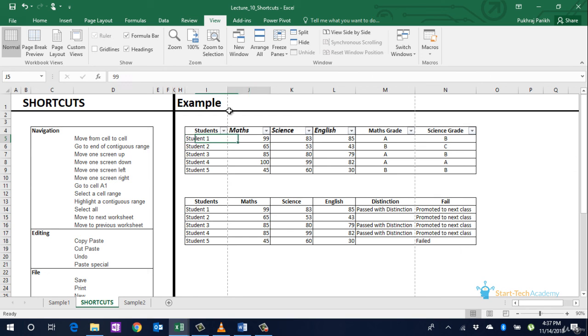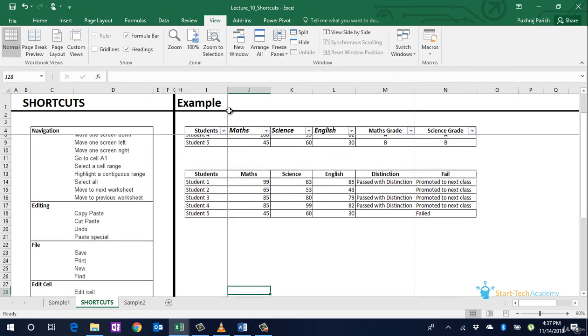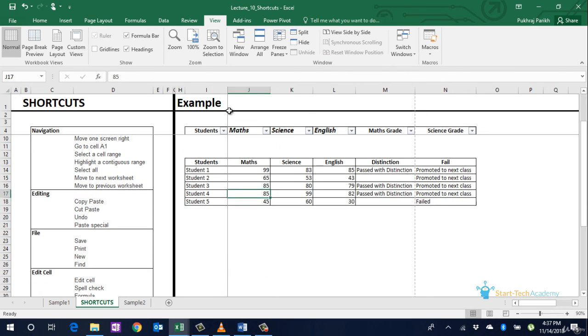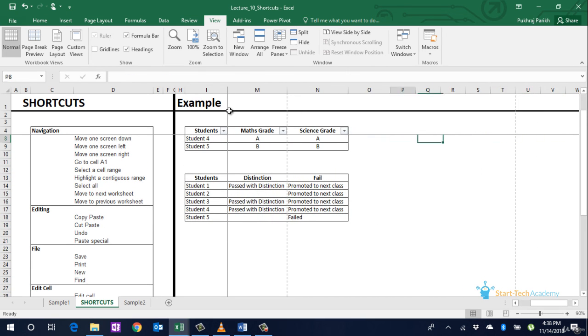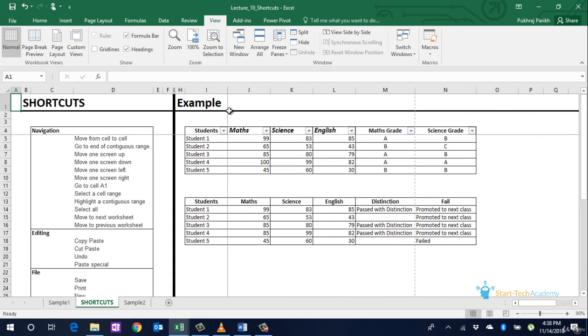Now if you want to freeze the panes, we have already discussed what freezing panes means. So if I want to freeze the pane above and on the left of J5 cell, you select this cell, press Alt, W, F, and F again. You can see that the row above fifth row and the column to the left of J column are frozen in their position. Please explore other shortcuts on your own.